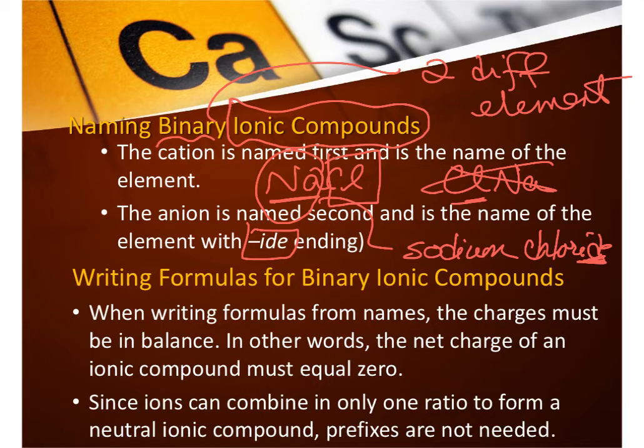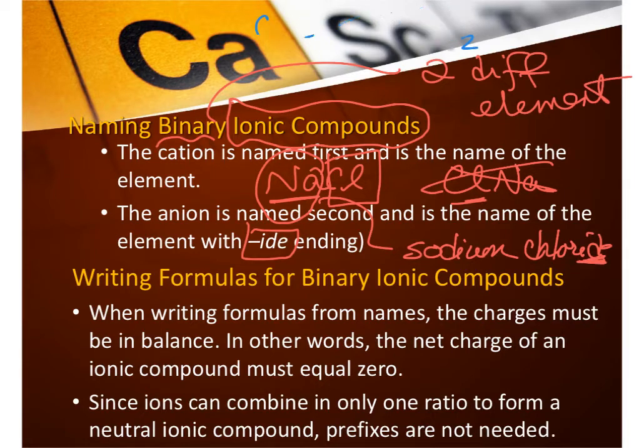And you don't need to, because whereas covalently bonded compounds can combine in a number of different ways, for example, if you are looking at the elements carbon and oxygen, they can combine to give carbon monoxide or carbon dioxide. Because of the different ways and the different ratios the elements can combine in making a covalent compound, we have got to tell the reader what ratio they were combined in, and that's what the prefixes are for. Now,